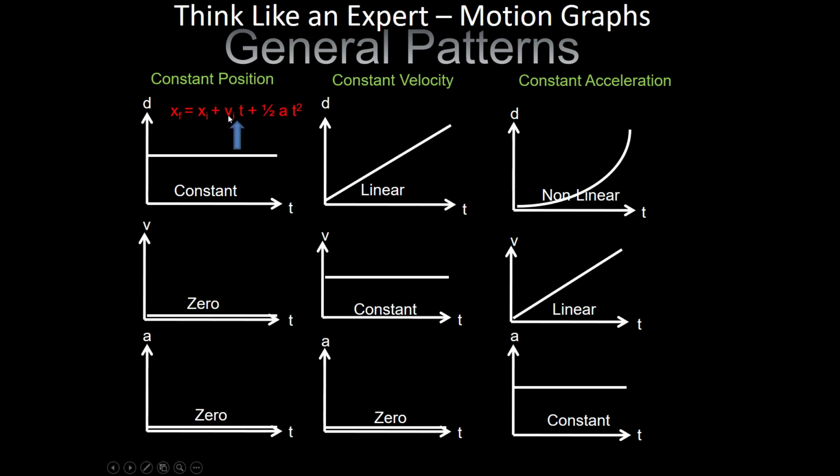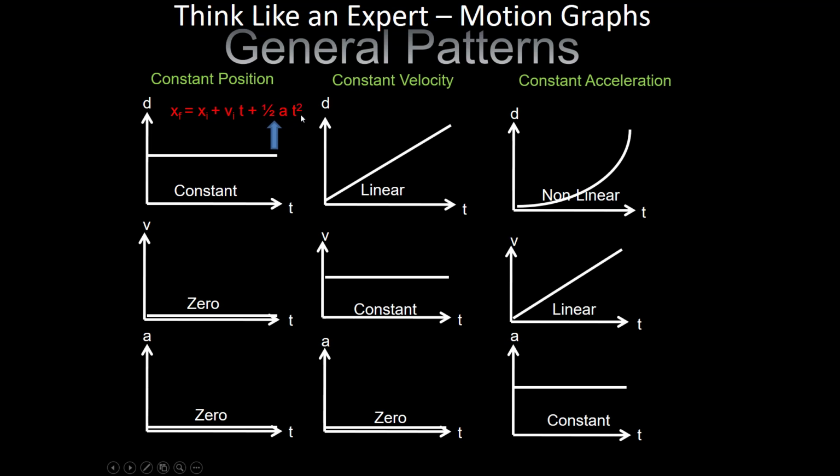What about when we have velocity? Oh, when we have velocity, that's this graph right here. Well, what we're looking at then is that our position is changing as a function of time. So I like to think about this, because of math classes, as y equals mx plus b. If we look at this part, this is the linear component in that. That's why we're getting a line right here. Lastly,